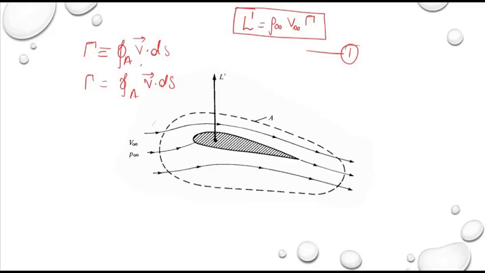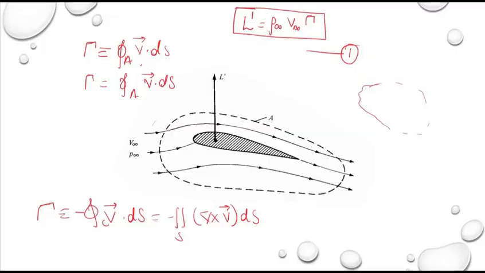Now, if we take circulation around any random curve that is not enclosing the origin, and we refer to the equation which we had derived previously,